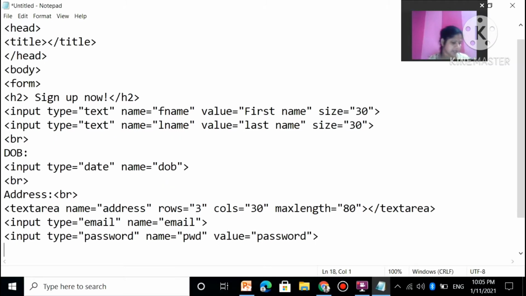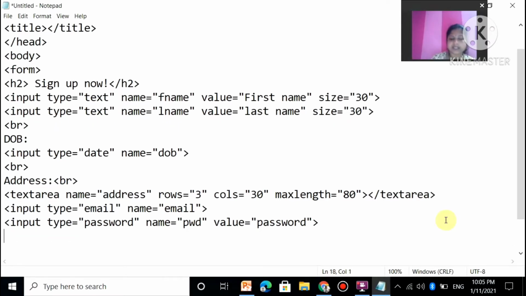Next. Then comes one box from where you will choose 2 values. Okay. So here we will use that select one. Okay. So write select. When you have to choose the option, we will go for select. Then give a name. Just to understand. Okay. Then inside the select we use option.